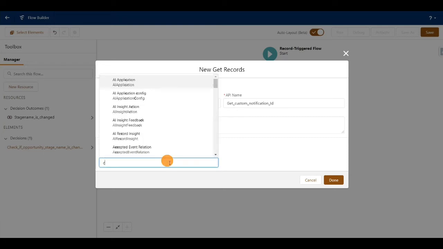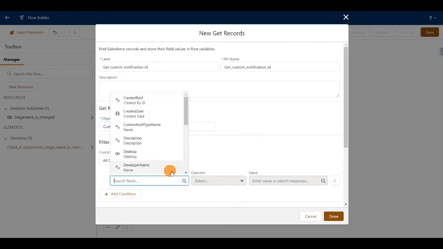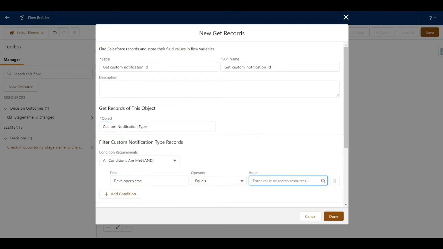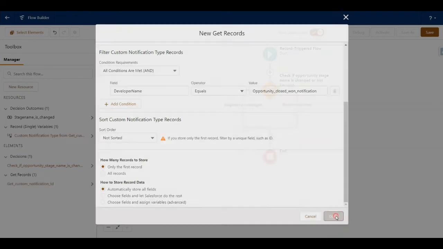And the object is custom notification type. So we're going to filter the records based on the developer name equal to the API name of the custom notification which we created, and click on done. You can see here I just want only the first record and automatically store all fields, and just click on done.